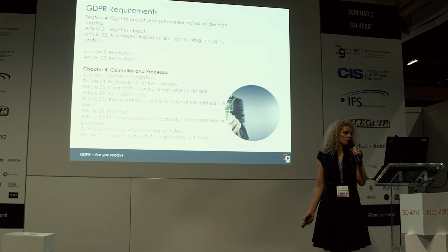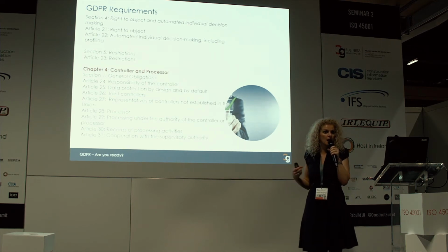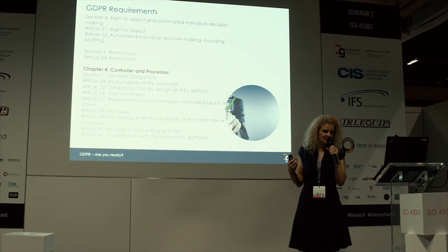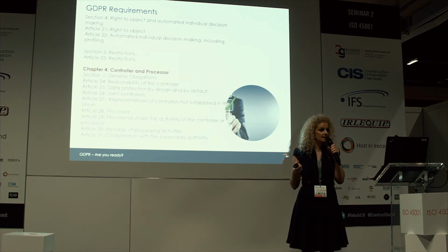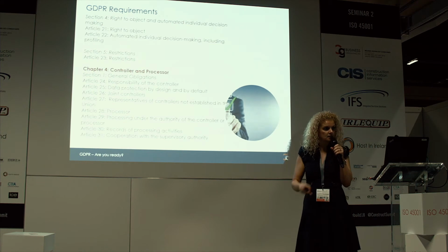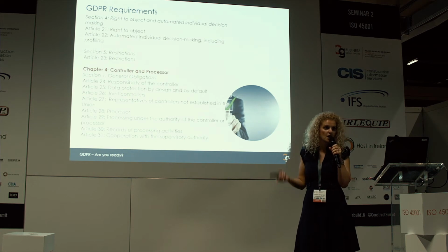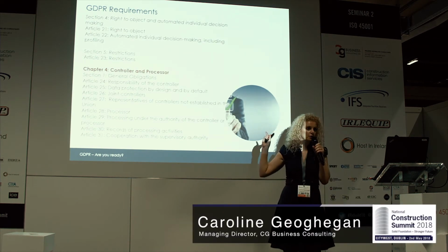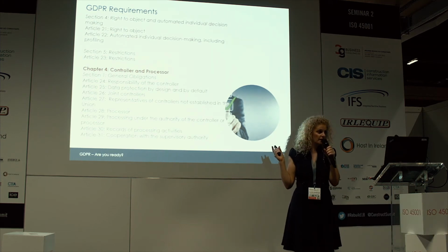Then you've got chapter 4, the controller and the processor. That's the first thing you need to figure out. Do you control the data or do you process the data? For example, I would have a marketing firm, Anya, she's fantastic, and we would email her my marketing database list. So I'm the controller, she's the processor because I'm emailing her my data to process. Does that make sense? As an organization, the very first step is to figure out whether you're a data controller or a data processor. If you have more than 250 employees, you're a data controller and you need to make sure that you appoint a competent data protection officer.